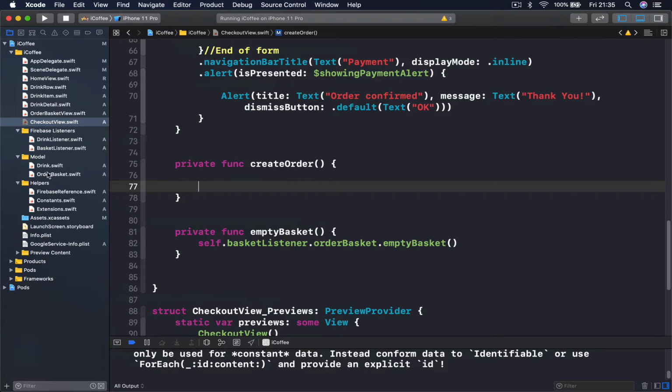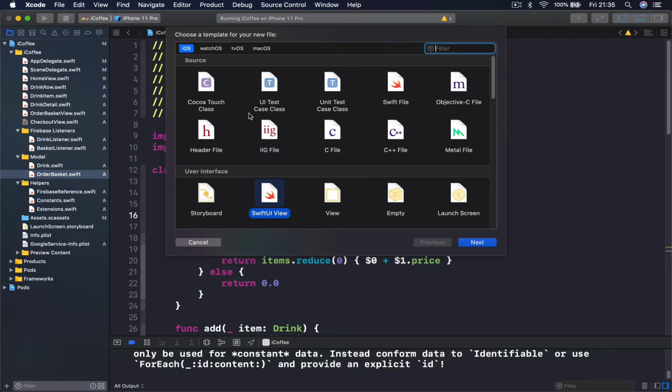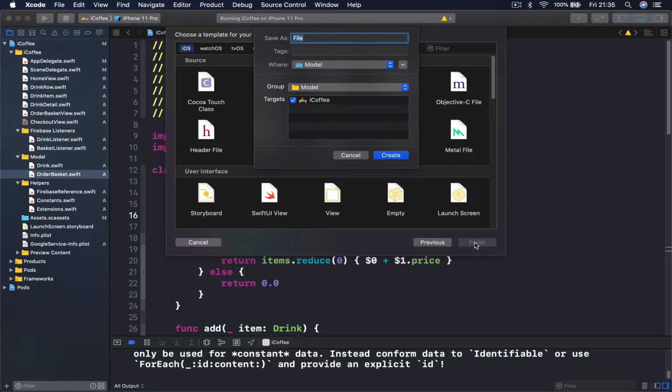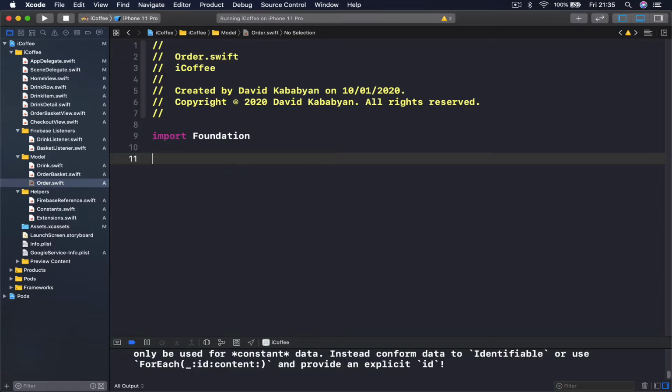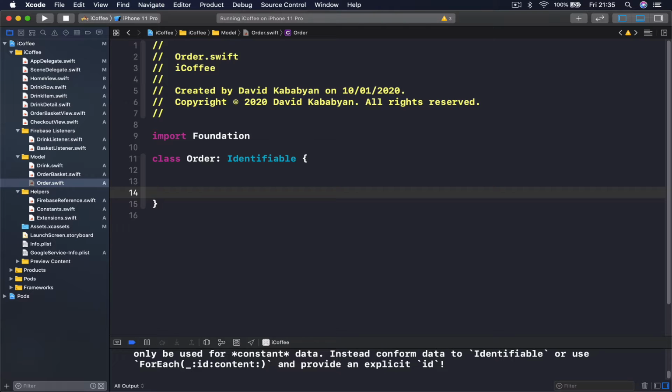Let's go to our model. We have order basket, we have strings, and we are going to create a new Swift file. Click next, and this is going to be called order. I'm going to create a class called order, and it's going to conform to the Identifiable protocol because each order is going to have a unique ID. So let's understand what each order needs to have apart from a unique ID, because we need to identify what